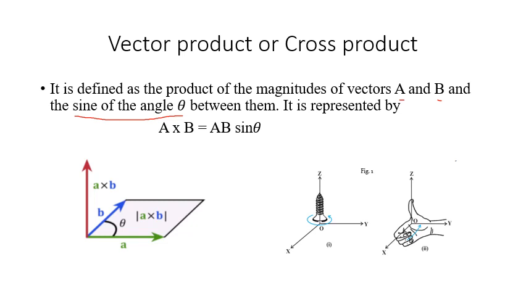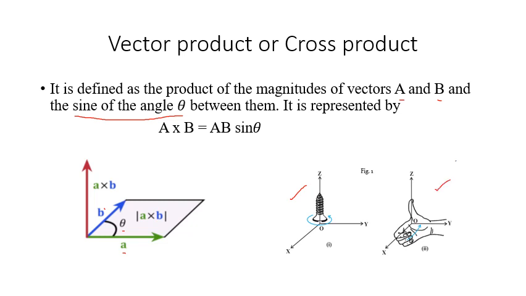Look at the diagram. You have two vectors, vector A and vector B, and there is an angle between these two vectors, that is theta. So what is A cross B? A cross B will be in the direction opposite to the plane of A and B vectors. You can use these rules, which you would have studied in your 10th standard: the right hand screw rule and the right hand thumb rule.